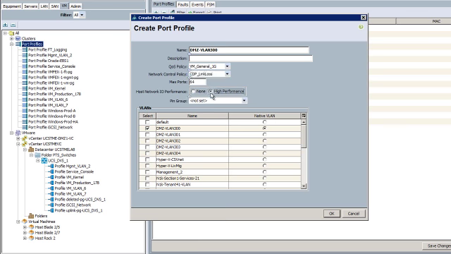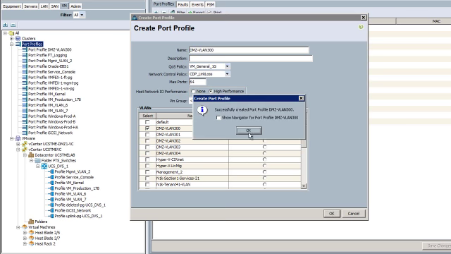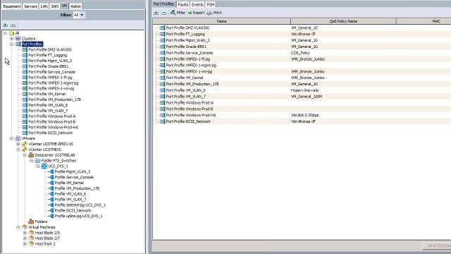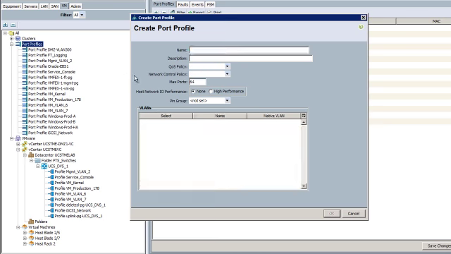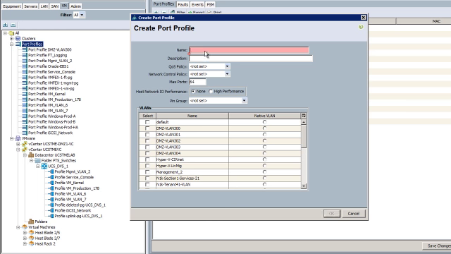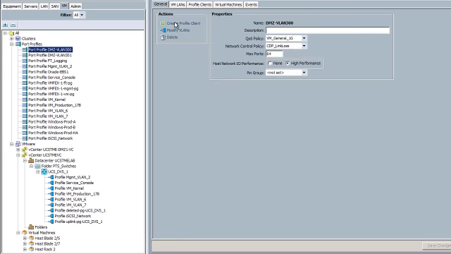Assign the same network control policy, allow high performance, and even though I'm not going to pitch a pin group here, I would restrict it to links within that disjoint layer 2 network upstream. Then what I'm going to do is publish this port profile to just that vCenter. I go through the wizard here and pull in the right performance parameters that I want, security